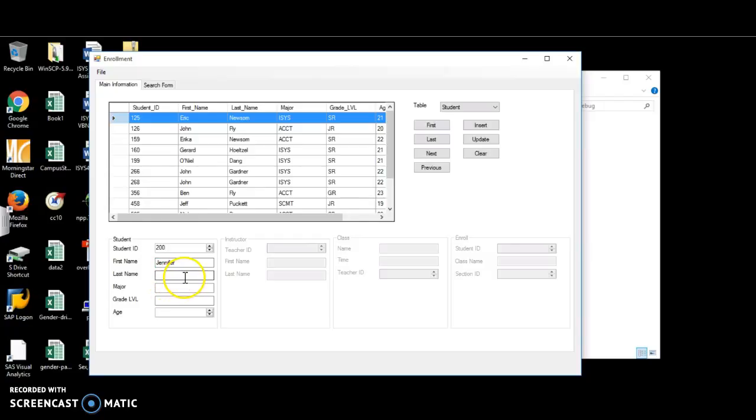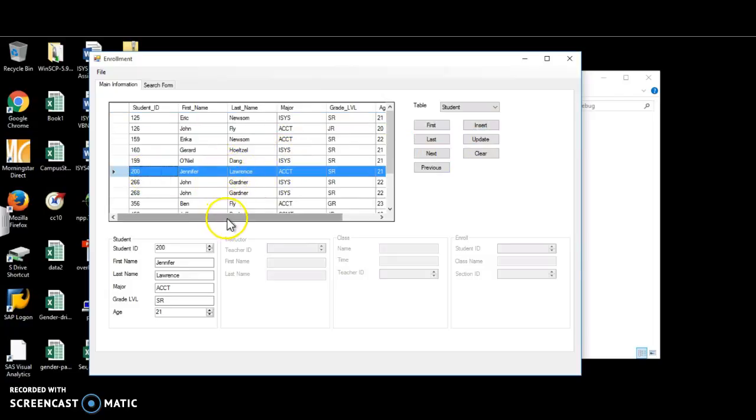Last name, say Lawrence. Not sure. And major, accounting, senior, 21. So you click on insert,